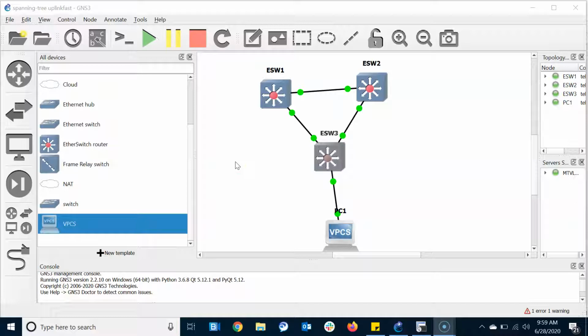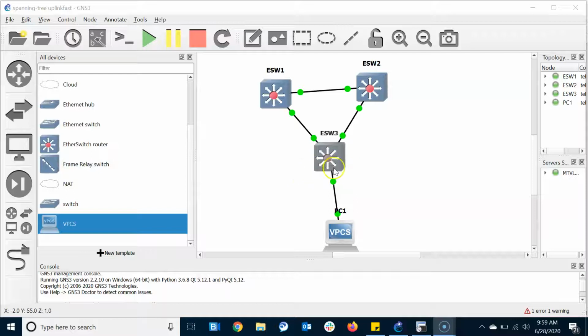Today I want to talk about two special features: spanning tree with PortFast enabled and spanning tree without PortFast enabled. As I discussed already in the previous slide, PortFast shortens the listening and learning stages and moves the access port immediately into forwarding mode. You can see the diagram. These are the two root switches and this is an access switch to which I have connected a host.